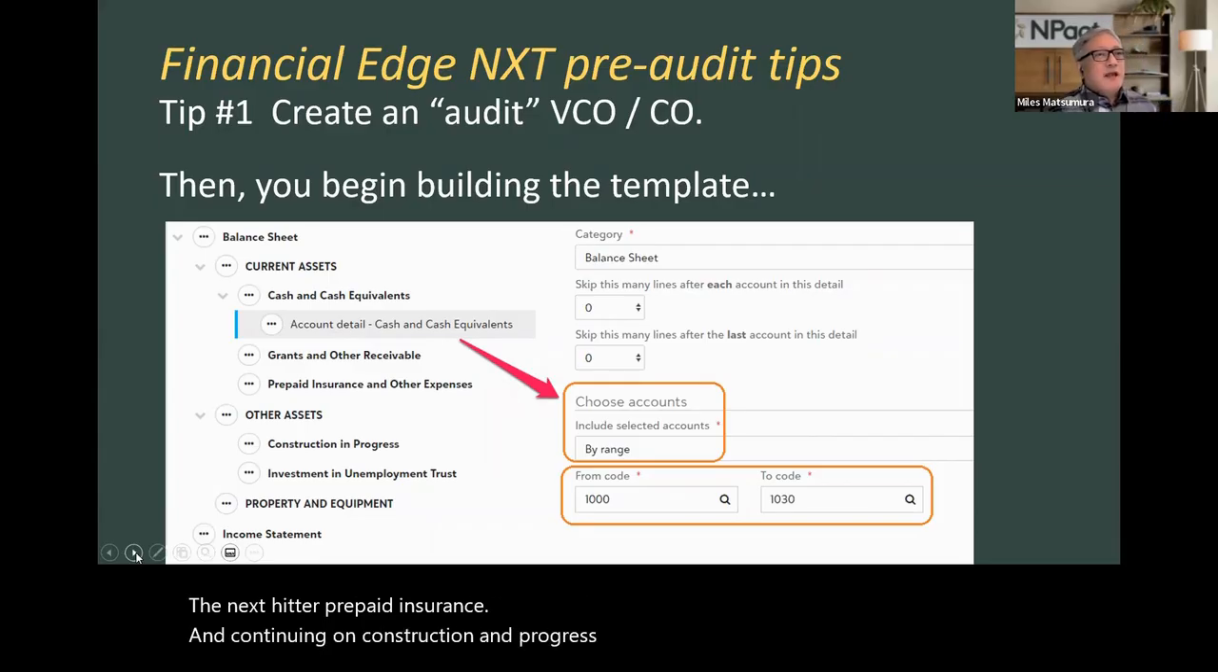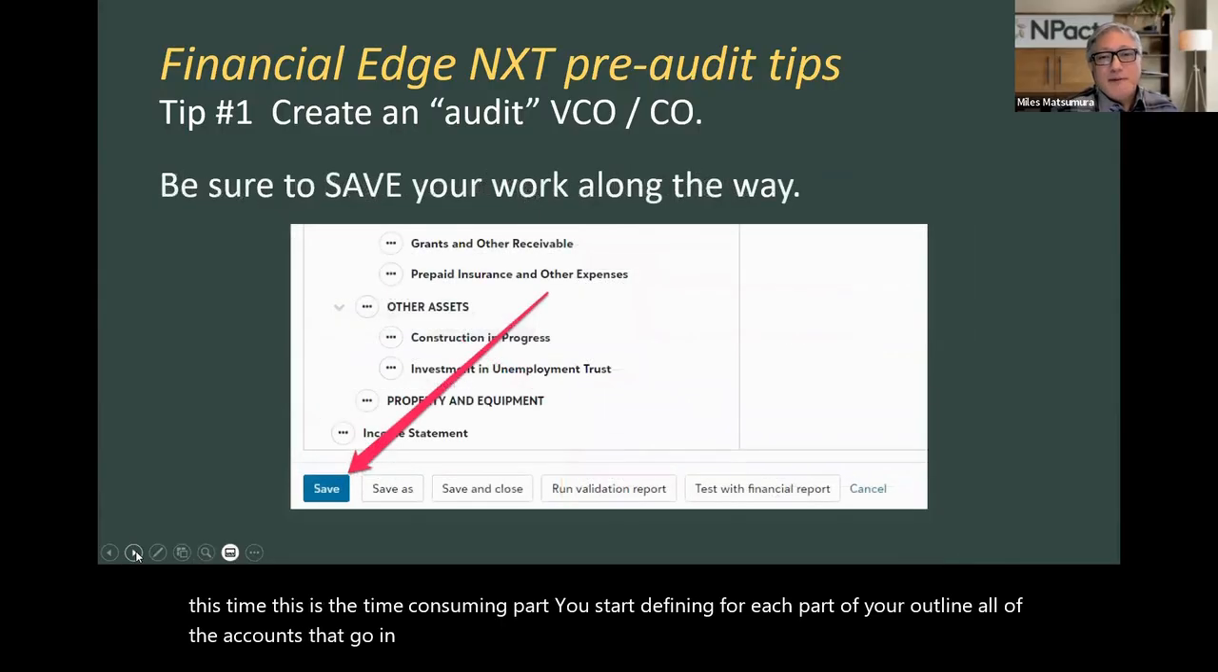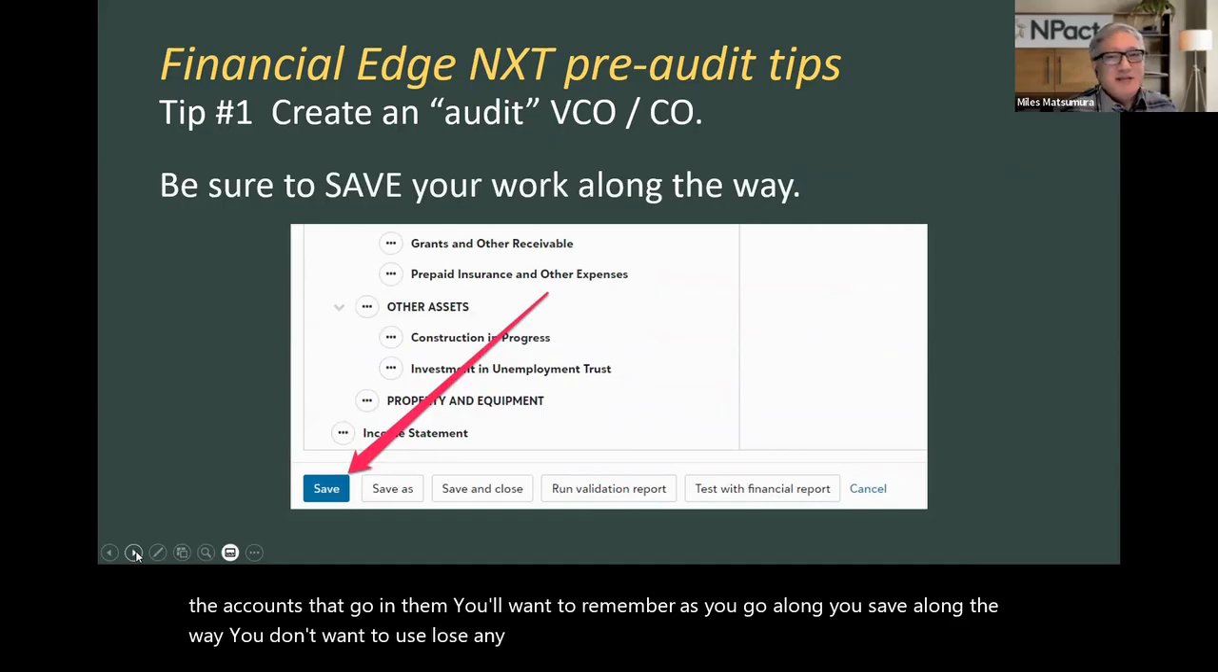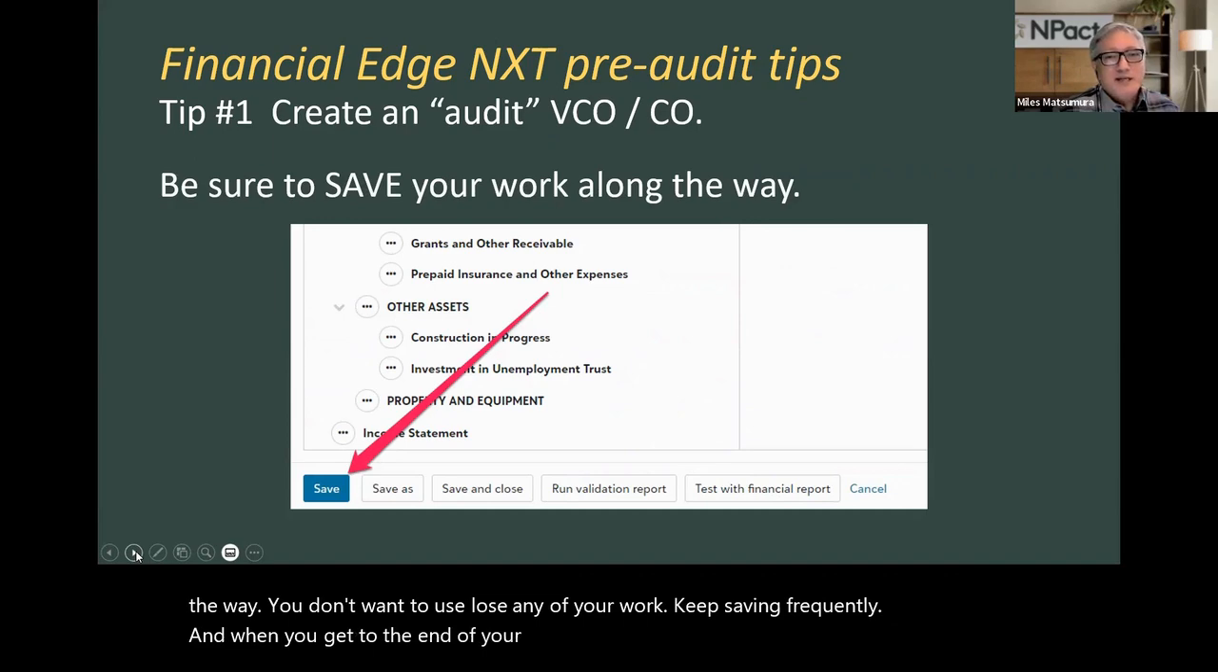investment, etc. So what you do now, this is the time-consuming part: you start defining for each part of your outline all of the accounts that go in them. You want to remember as you go along to save along the way. You don't want to lose any of your work. Keep saving frequently. And when you get to the end of your income statement and you believe that you've gotten